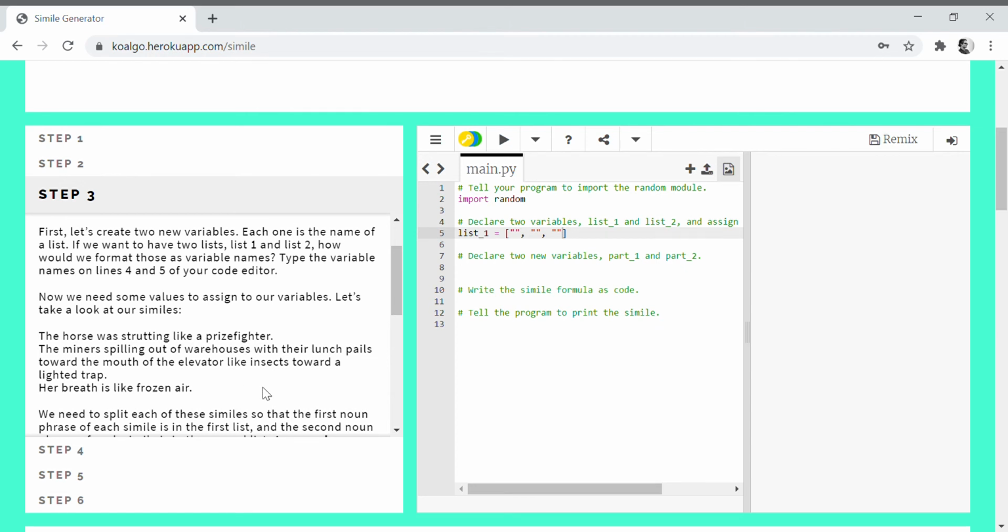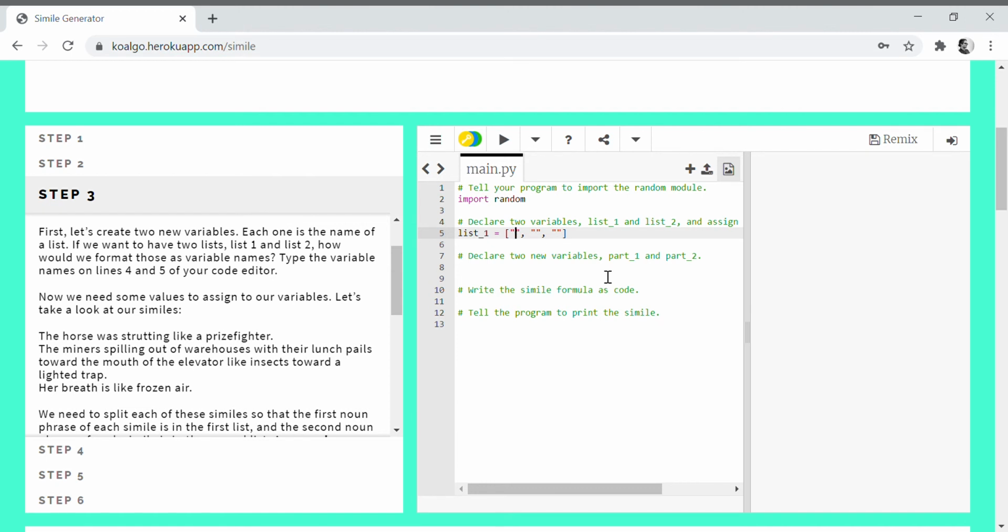So you're going to get silly things like the horse was strutting like frozen air, or the miners spilling out of warehouses with their lunch pails for the mouth of the elevator, like a prize fighter. You're just going to get silly things, okay? So just be aware of that.